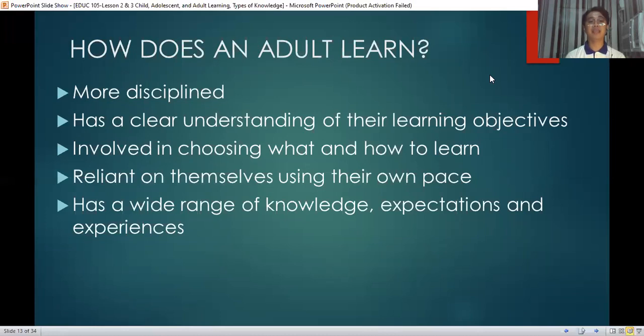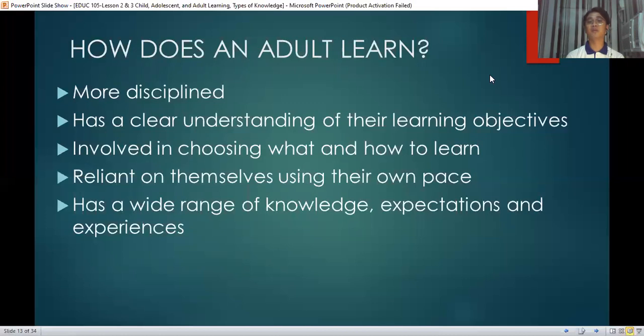Next, they have a clear understanding of the learning objectives, so they could comprehend in that because these are adult people with a wide range of experiences. They are also involved in choosing what and how to learn. Ayan, since they could speak out their mind, these people are very opinionated. You could ask these people how they would like to conduct the session. Okay, how would they like to do the activity? I repeat,